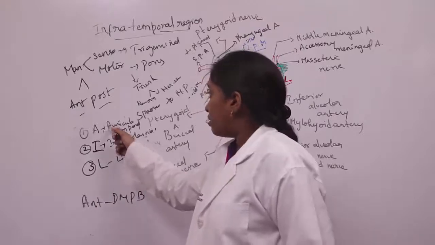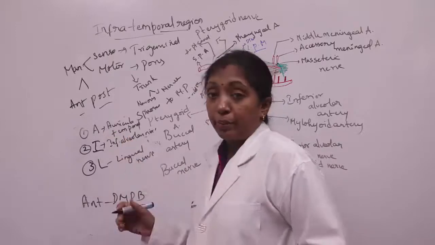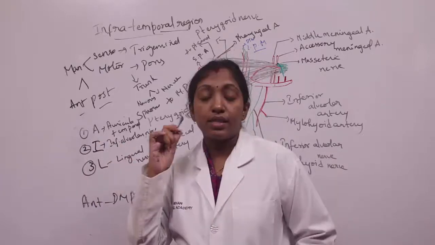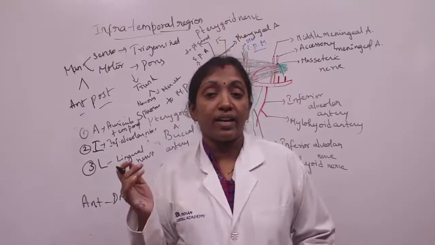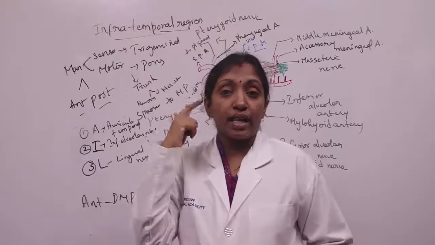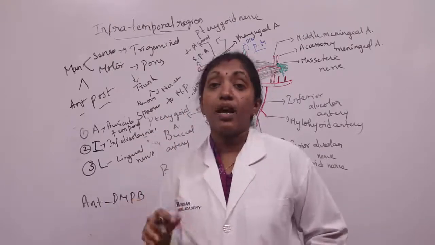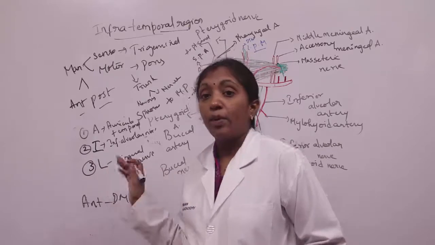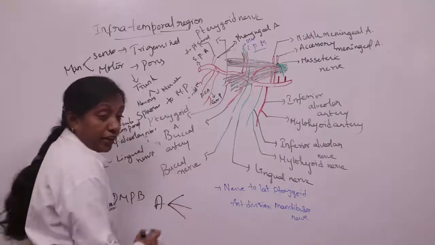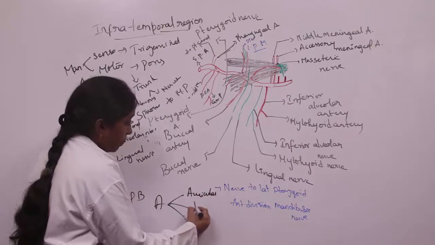And the auriculotemporal nerve gives three distributing branches: auricular, temporal, and articular branches. Auricular branches supply the skin over the external acoustic meatus and auricle, and the temporal branch supplies the skin over the temple. Coming to the articular branches, the auriculotemporal nerve also supplies the articular disc and capsule of the temporomandibular joint. So it gives three distributing branches: auricular, temporal,